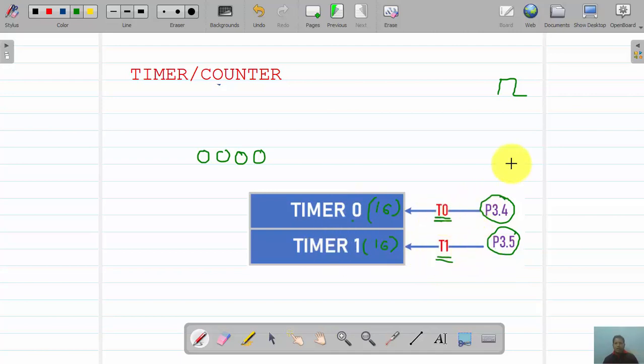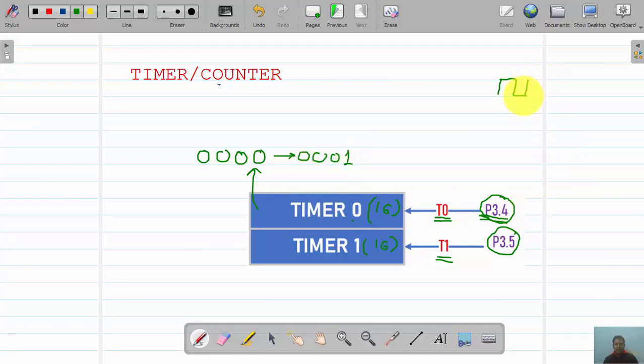Whenever one single pulse is detected on port P3.4, what will happen? The content of timer 0, suppose initially 0, gets incremented by 1. So the new content will be 0001.